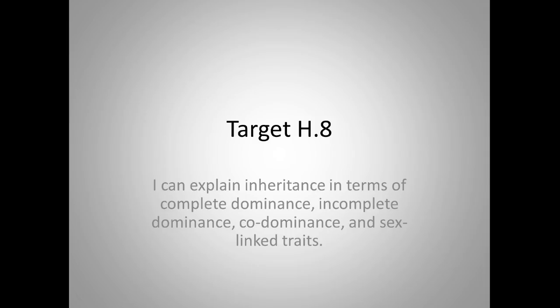We're going to go through Target H8, which says that you should be able to explain the inheritance in terms of complete dominance, incomplete dominance, codominance, and sex-linked traits. And of course, really what it means by explain the inheritance, as well as being able to explain how these different forms of inheritance work, you should also be able to perform Punnett squares that show that you know how